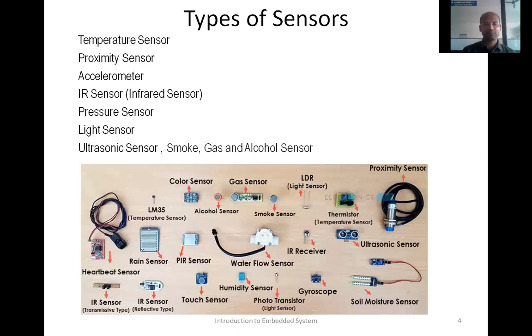Let's take some example. If you want to maintain temperature of oven at particular value, let's say 200 degrees centigrade. Now what we do is, we fix this temperature sensor inside the oven, or very close to the oven.